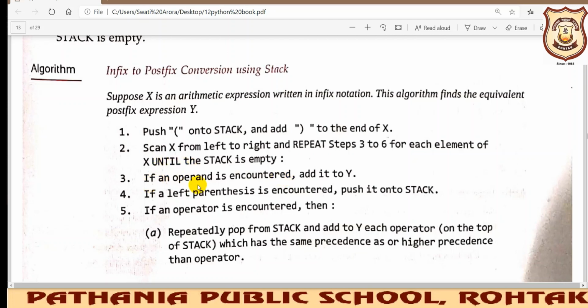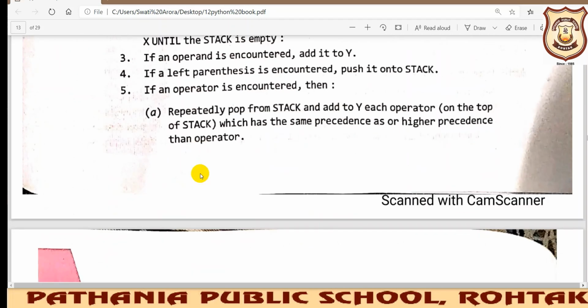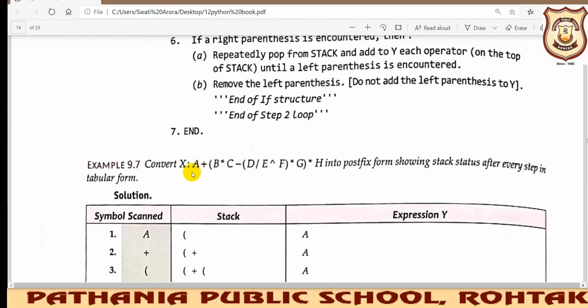Now there can be three things in the expression. It can be an operand, it can be an operator, or it can be any symbol. See, this is the expression. The first step says to apply one bracket here and here.